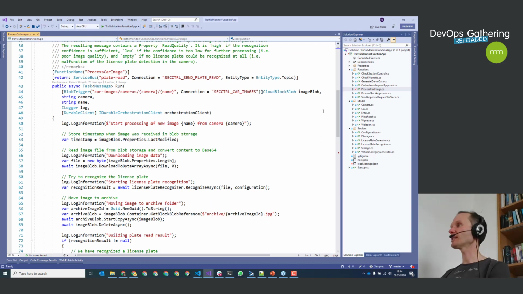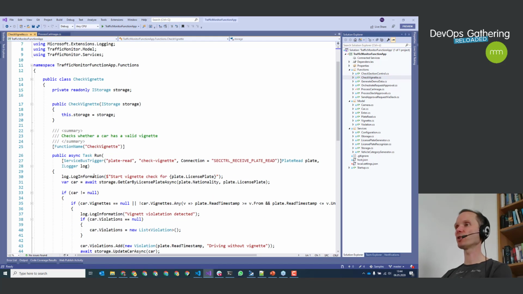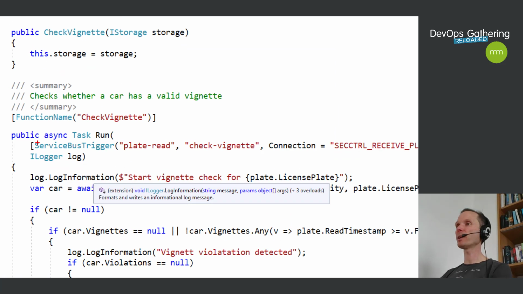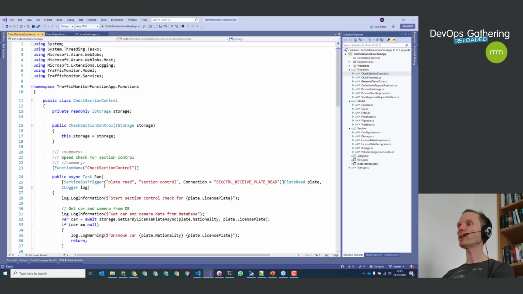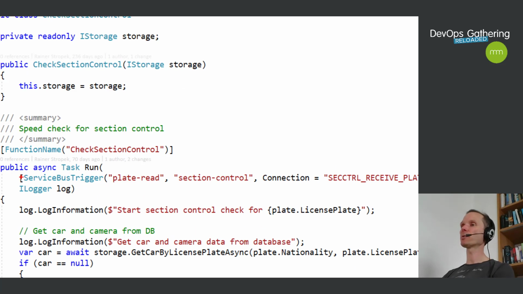So in my case, I have, for instance, here a second function, which is now triggered by the service bus. So I have a second microservice, which is triggered by the results of the first microservice, and this microservice will check whether the car has a valid vignette. I have a third microservice here, which will do some section controlling.